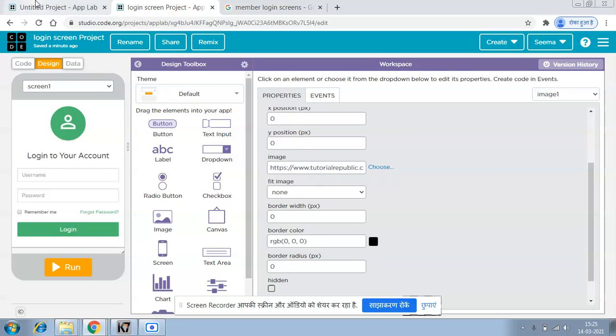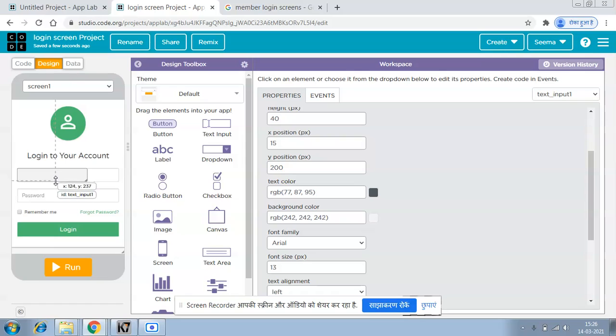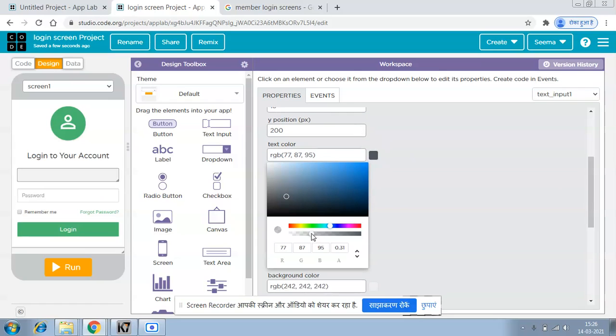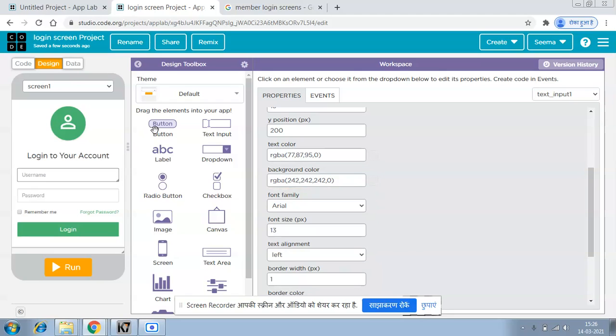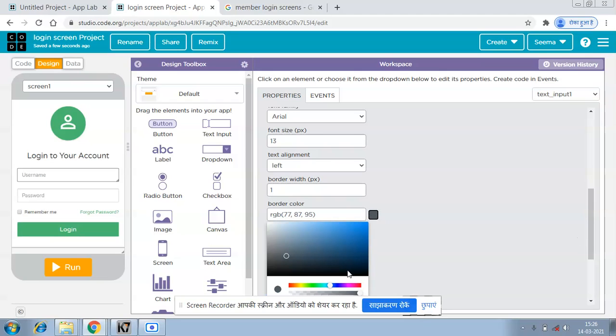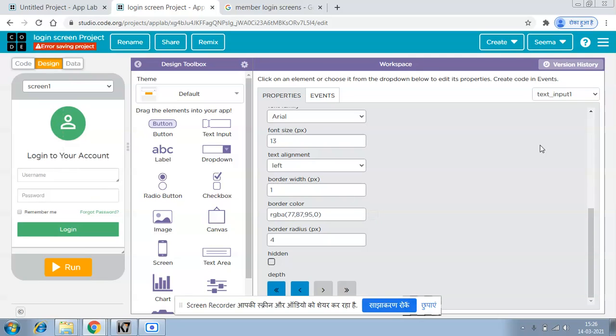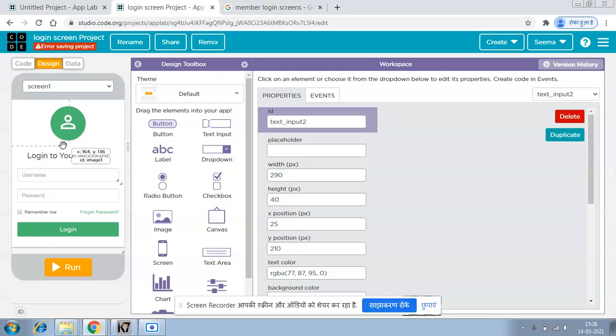And after that, what you need to do is see here in the text input, just put the text input right like this. Okay, and just give it a size. Okay, and after that just make everything of it transparent so that the user doesn't see it, because with the color it will not look nice. That's why I am making it transparent, and by mistake I once again put the text color transparent. So just put the border color transparent and just copy this. So you just need to duplicate it.